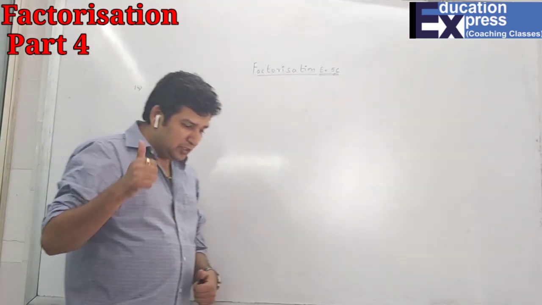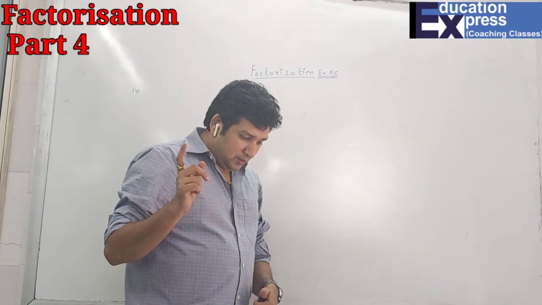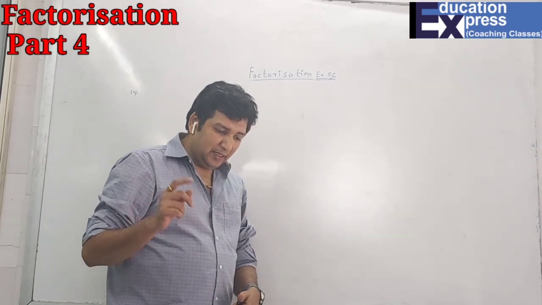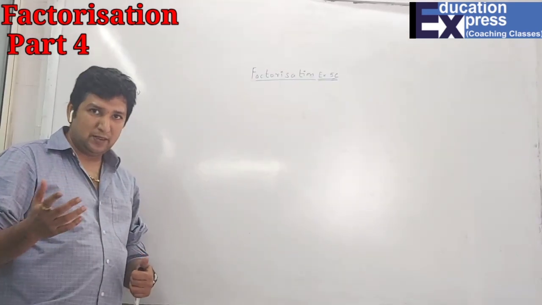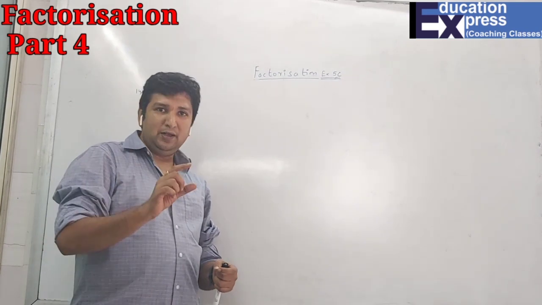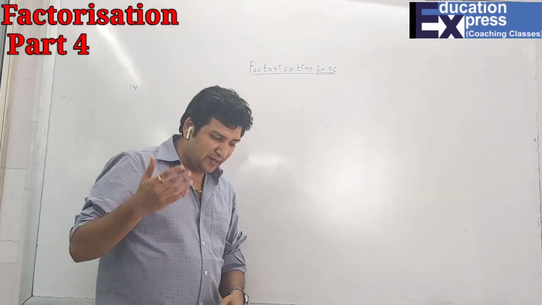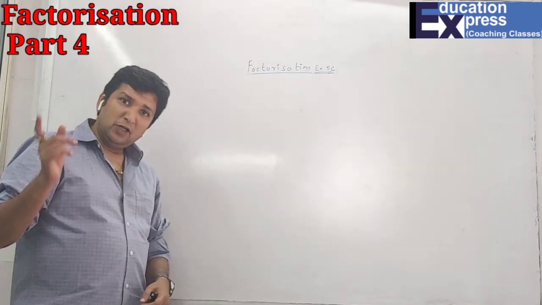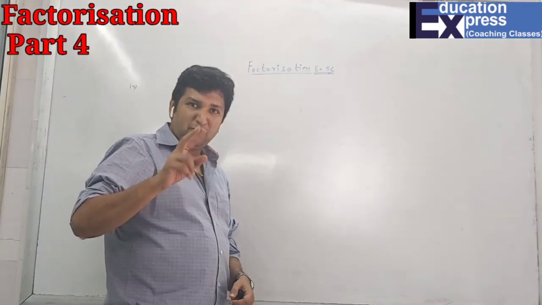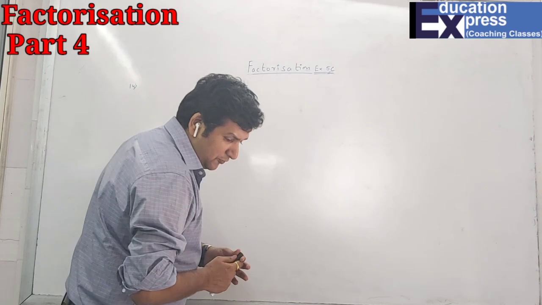After 12th, question number 13, 16, 17, 18, 19 and 20 are all same sums. And 14 and 15 are also same. That means 14 and 15 are a different variety, and 13, 16, 17, 18, 19, 20 are a different variety. So first I'll start with 14, because in 14 and 15 there will be two sums of the same variety.